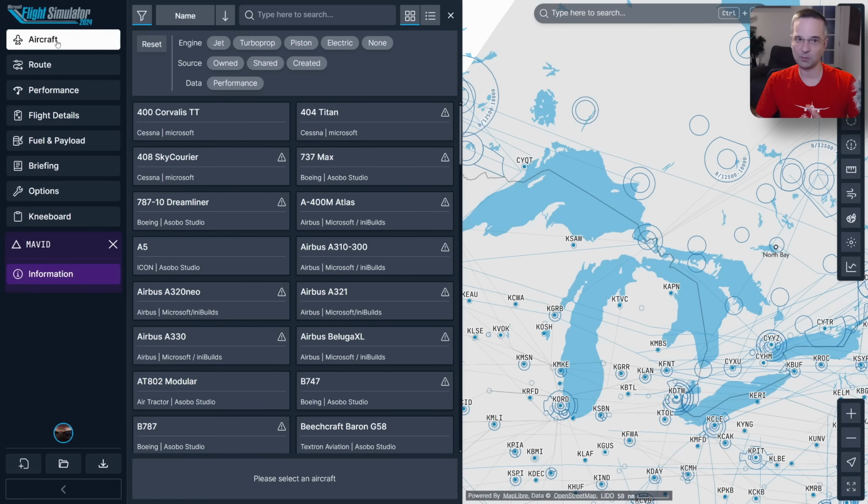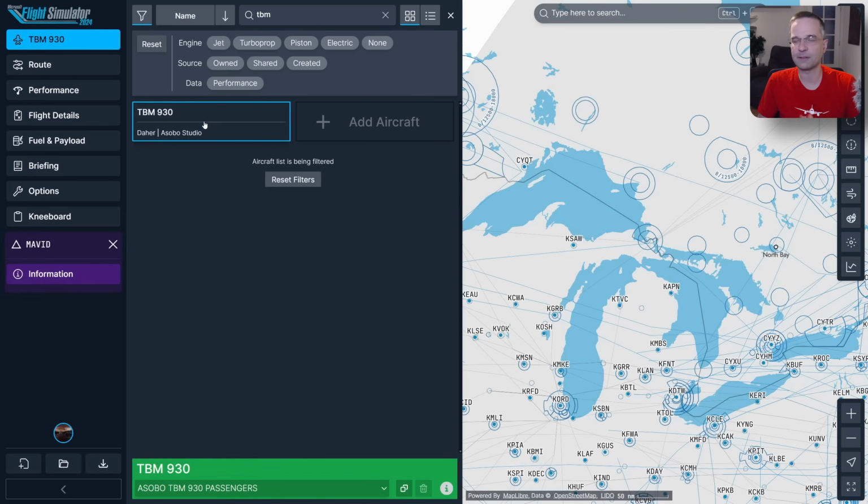That can be a problem if you're planning a flight that's near the max takeoff weight of the plane, but for the most part with GA planes, unless you're planning a really long flight, you can get away with just filling the tanks up so that you have plenty to get where you're going. I've picked the TBM here since it's one of my favorite of the default planes,